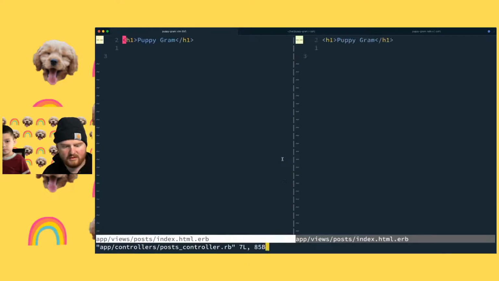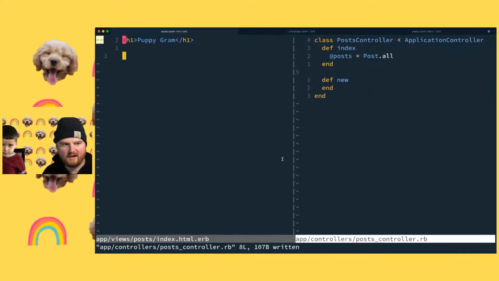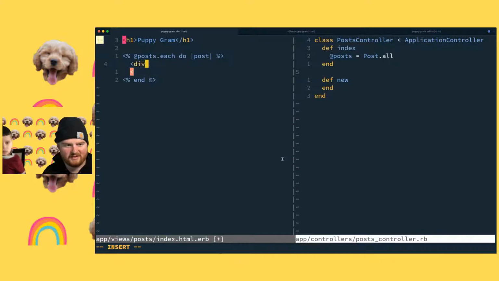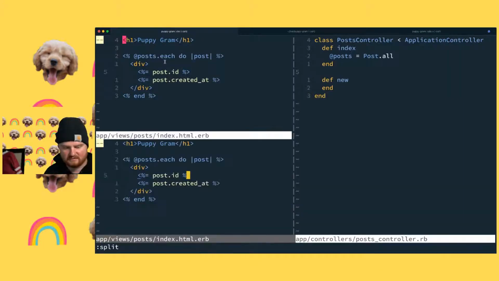Posts controller, and we need at posts equal to Post.all to start. And then we'll say at posts each do post. And here we're going to have a huge thing that tells us all the stuff about the post. For now, we can just say post.id, post.created, and we'll refresh the page. PuppyGram, look at that. When we go to the root,